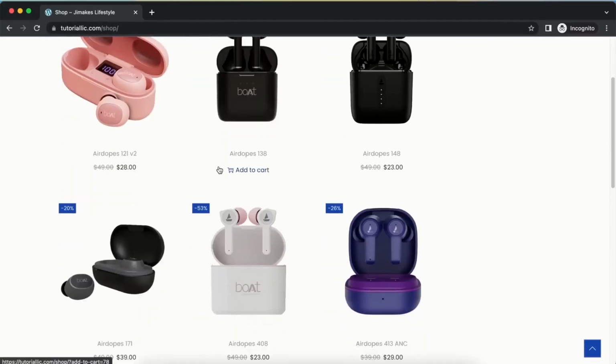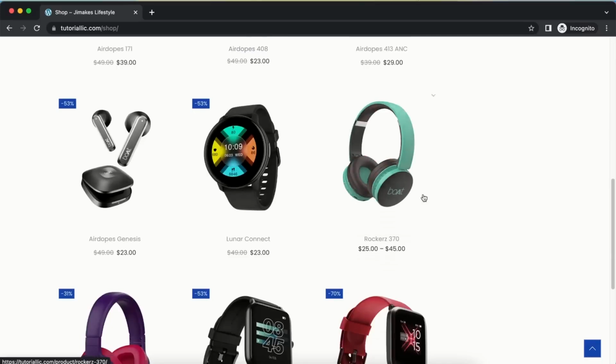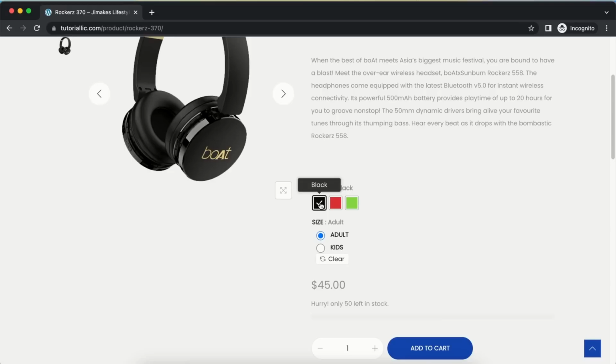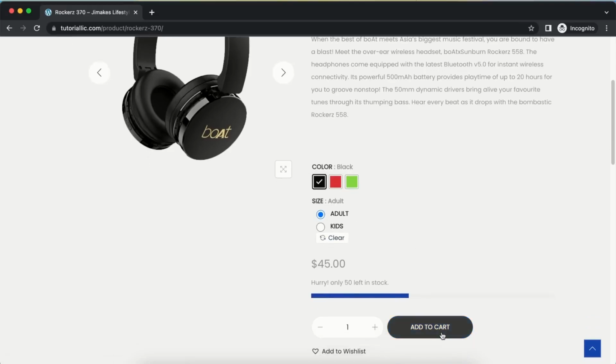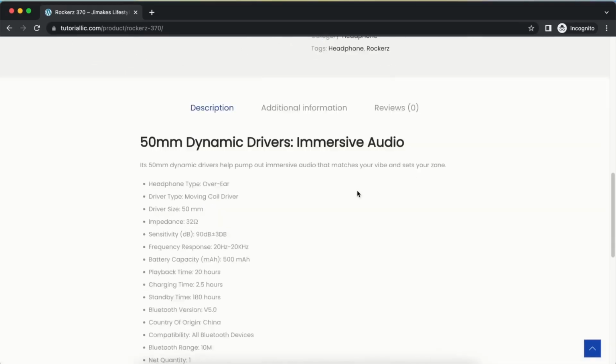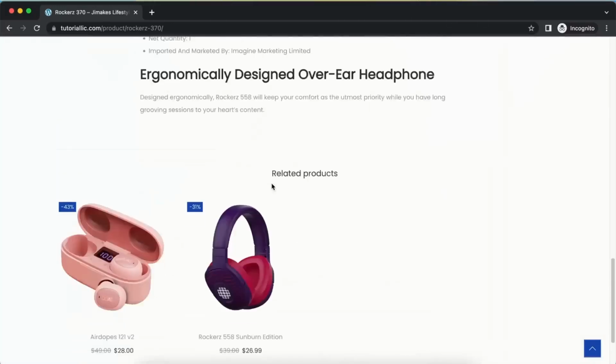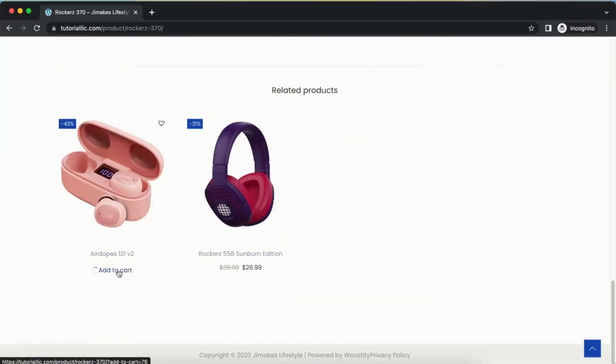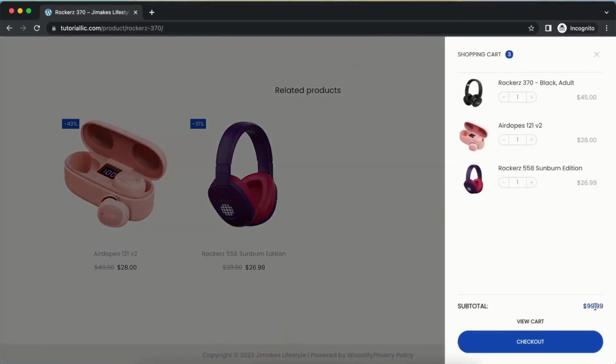Then you will be redirected to this page, and now we need to add the product. For example, let me go with this variation product. As you can see, I'm going with this black color for adult, and let's add 1. Yeah, I did it. And let me go with this one. I also like this one, I'd like to add this one and also this one. So if you see here, my cart is almost